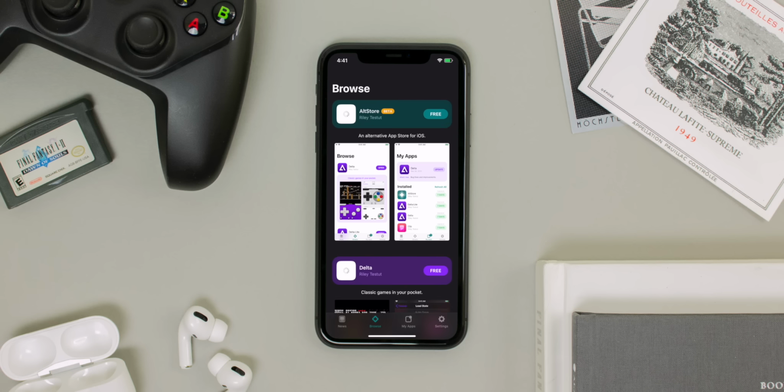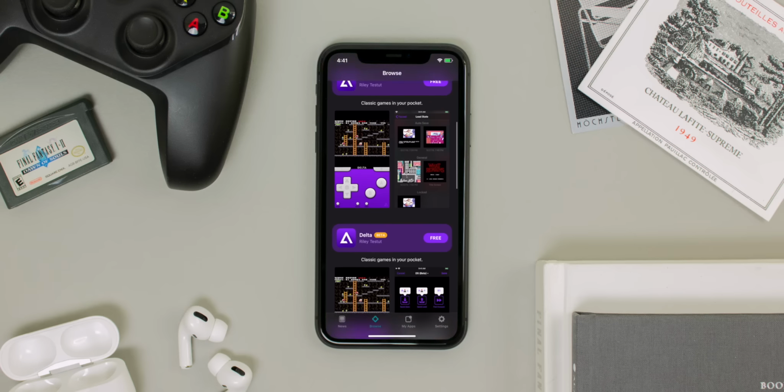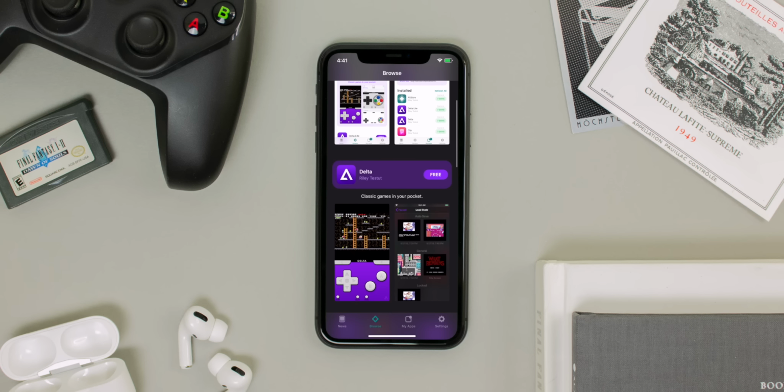Now that you know how the AltStore works, we can now get apps like Delta and Uncover on our iOS device. So you can actually find Delta by going to the Browse tab, and I recommend that you download Delta even if you don't want it, just to make sure that your AltStore is working correctly. So head to that Browse section and tap on Get for Delta,